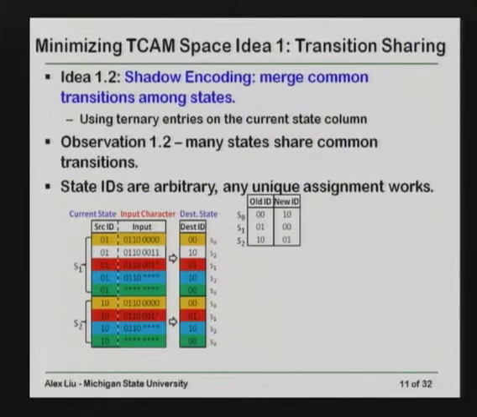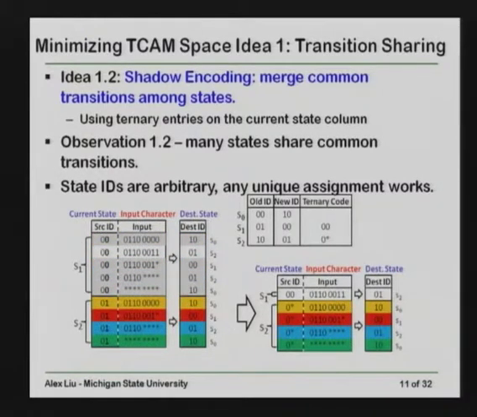you will see that after this replacement, the source state ID for S1 is 0, 0, and the source state ID for S2 is 0, 1. So if we replace the source ID field in the S2 table by 0 star, 0 star only matches 0, 0 and 0, 1. If we replace that, then we can remove all these entries from table S1. Right? This will be the result of removing those entries from state S1.